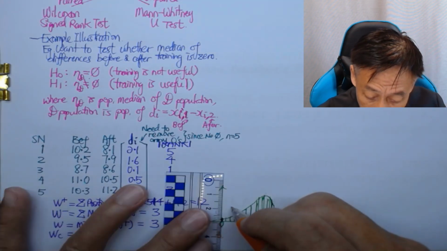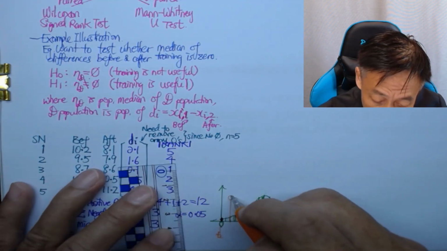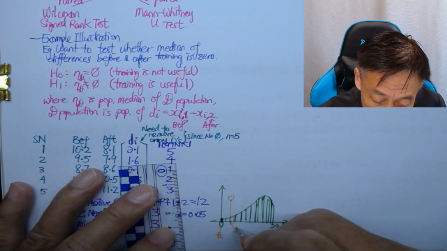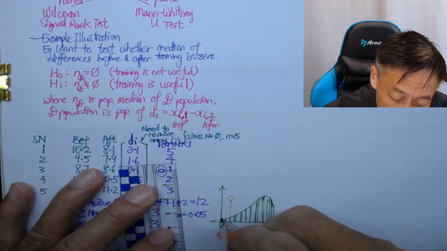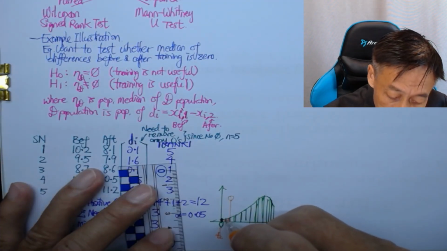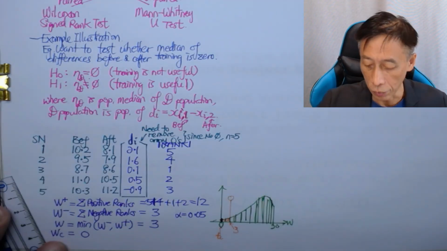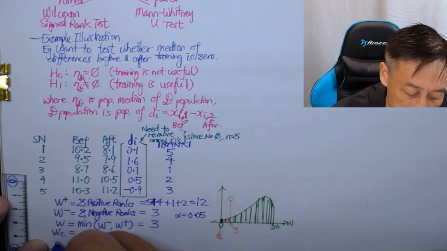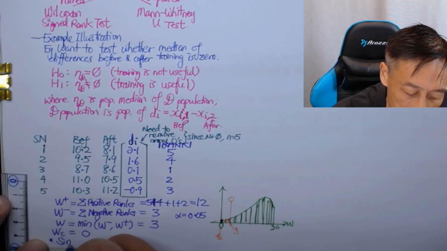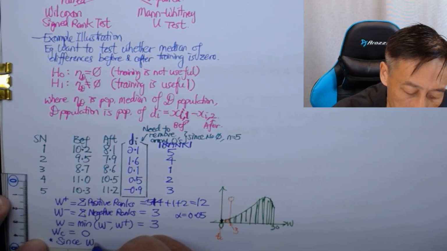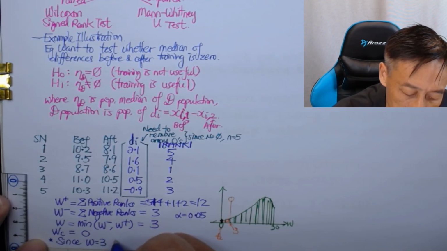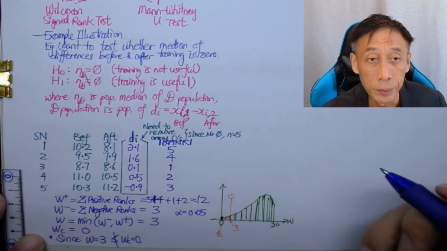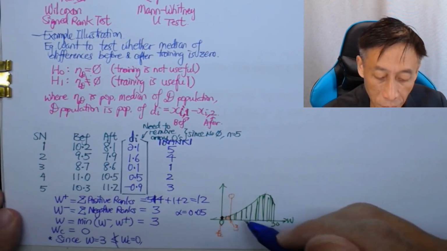So if we put a Google pin, our Google pin will be here, and this will be number 3, right? And our p-value will be larger than 0.05. So we will conclude based on this and say that since W equals 3 is not smaller than or equal to WC, which is equal to 0, or you can say since p-value is